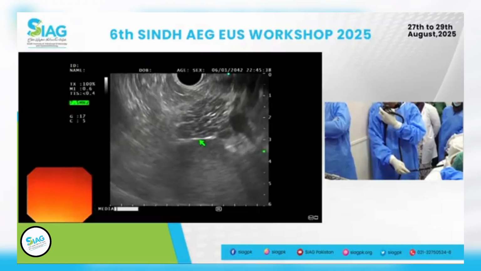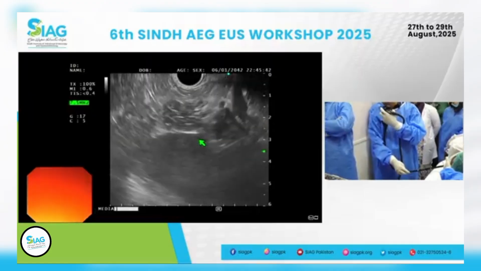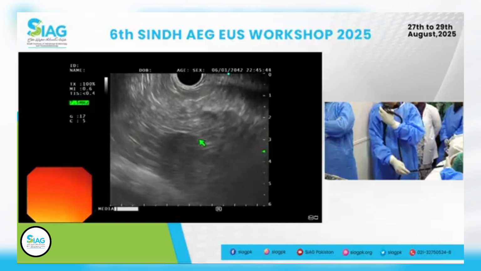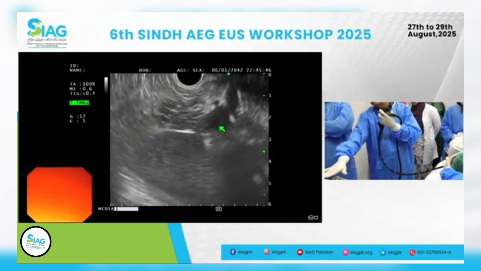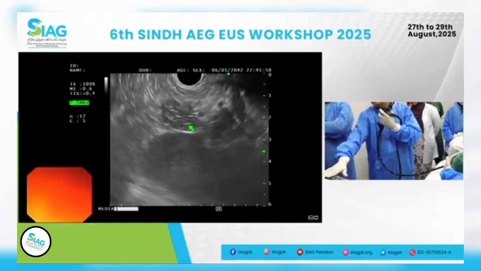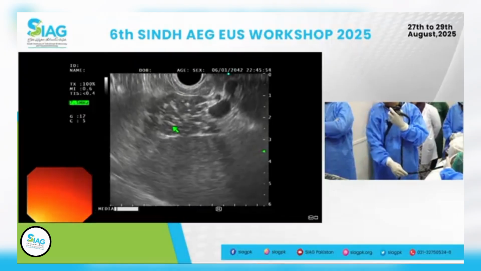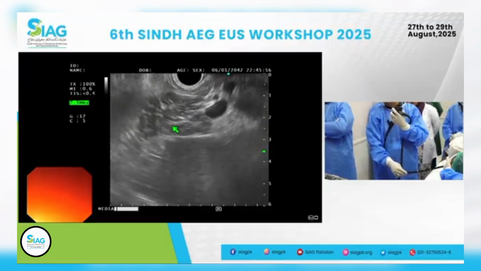You see that at the bottom, the spleen comes right there. And the pancreas then disappears right at the splenic hilum. This is the splenic hilum right here. The pancreas ends right there. This is the pancreas, that's the tail of the pancreas. If I move it to the left a little bit, left torque,